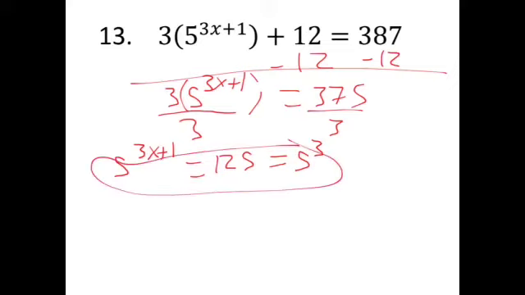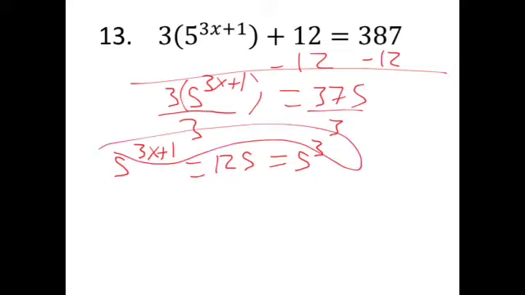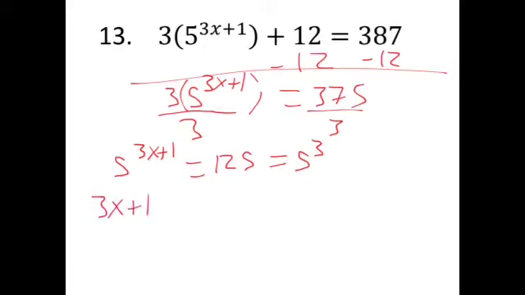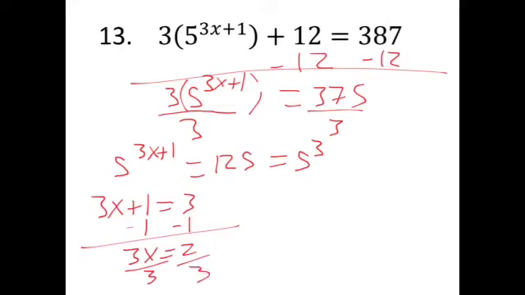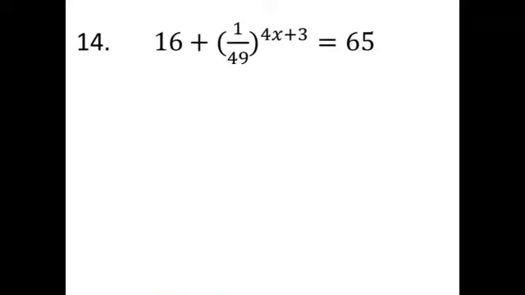So we have common bases now. We can set our exponents equal to each other. 3x plus 1 equals 3. Subtract 1 from both sides to get 3x equaling 2. Divide both sides by 3 to get x equals 2/3. And our last one, 14, we need to get our exponential term all by itself, so I'm going to subtract